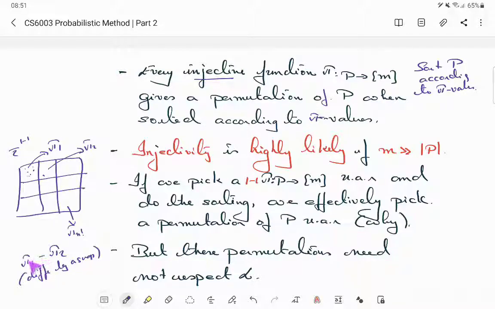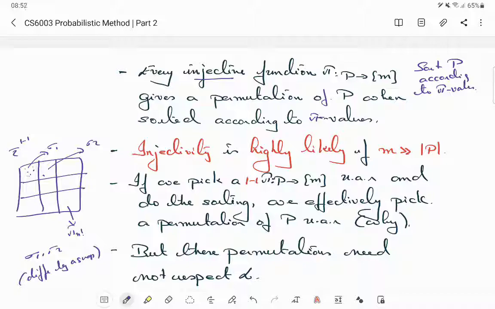Okay, now look at any injective function here. I think I should not be using pi here. So for the permutation, let me use tau. Okay, no, tau is again a bad notation. Okay, sigma 1 and sigma 2. So for two permutations, let's say sigma 1 and sigma 2, which only differ in a swap, you can see